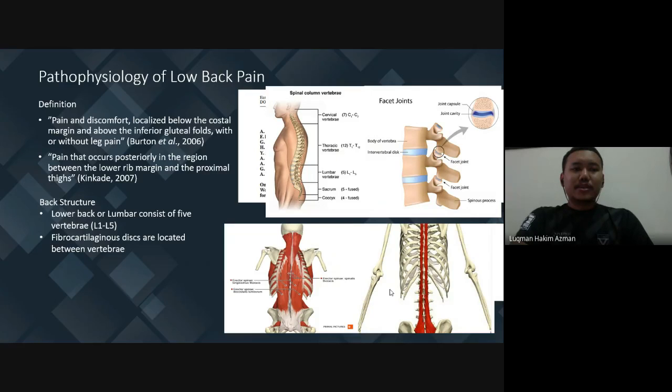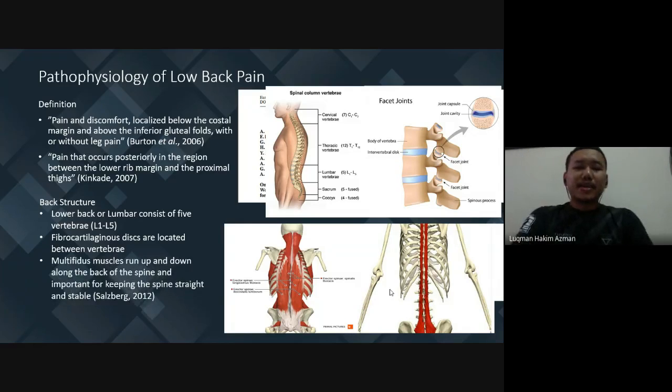The area that is commonly affected by low back pain is the back structure, which consists of the lumbar or lower back region that is made of 5 vertebrae, L1 to L5. But sometimes the low back pain will also affect the sacrum. And between these vertebrae, there are fibrocartilaginous discs which act as cushions that prevent the vertebrae from rubbing together while at the same time protecting the